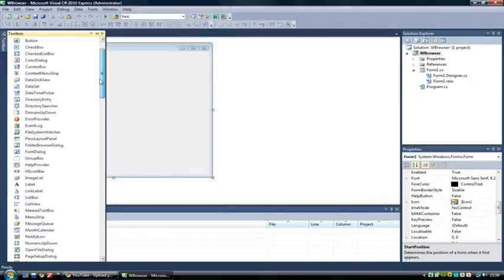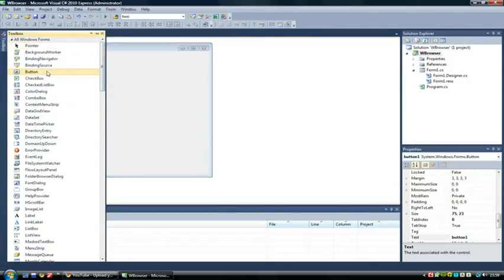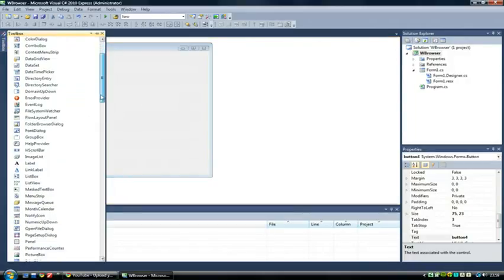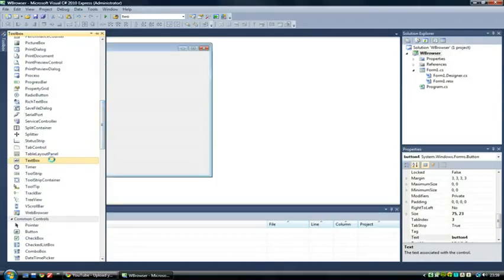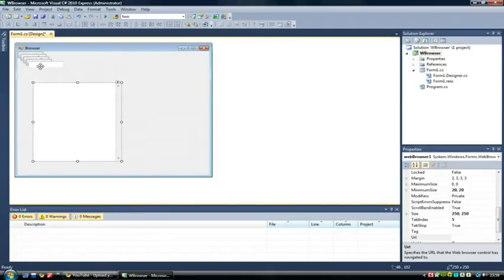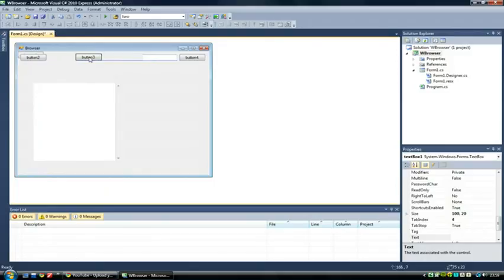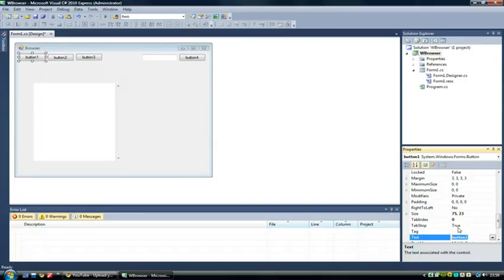Okay, so first of all we're going to need 1, 2, 3, 4 buttons and a text box and a web browser. Okay, there we go, all our controls, and we just need to arrange them now. So we need one over here, and that goes about there. So right, let's get these a wee bit more organized then. Okay, so first of all we have back, then we have